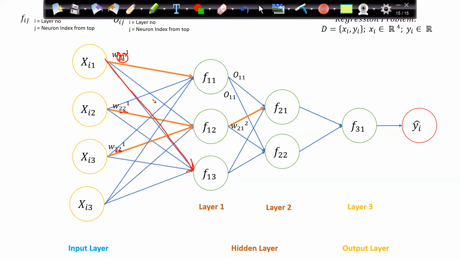For example, let's say I am connecting this. What is the nomenclature for that? It will be W1 as a superscript because it is going to layer number 1. The input is 1, but the output is going to the third neuron. So this is my W with 1 as superscript, 1 3. Same way, if I want to know this, what is the W for this? It is going to layer number 3, right?